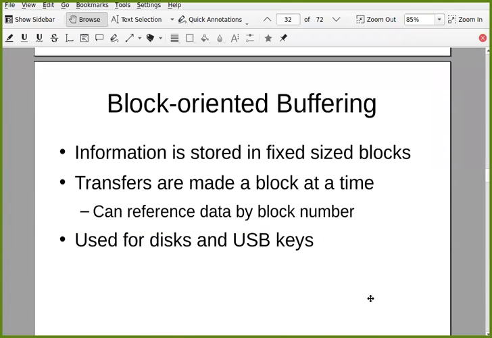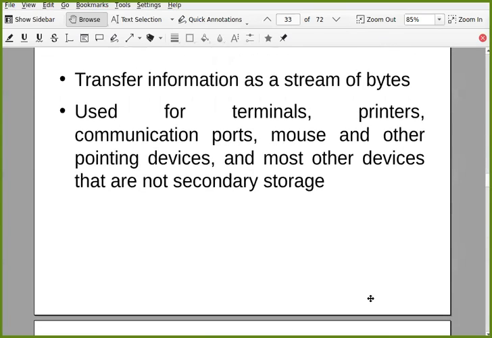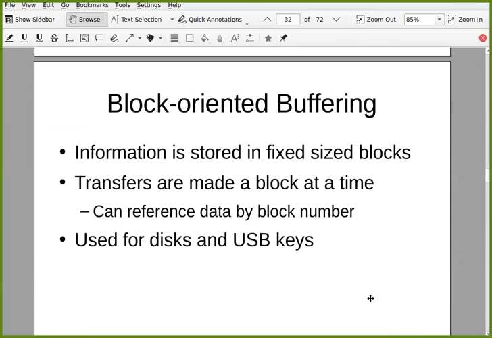Now there are two types of devices: block oriented devices and stream oriented devices. Basically, how data gets transferred in the form of blocks, like a hard disk. When you read or write from a hard disk, it is done in block form. A whole block will be written to the hard disk, or a whole block will be read from it. So in block oriented buffering, information is stored in fixed size blocks.